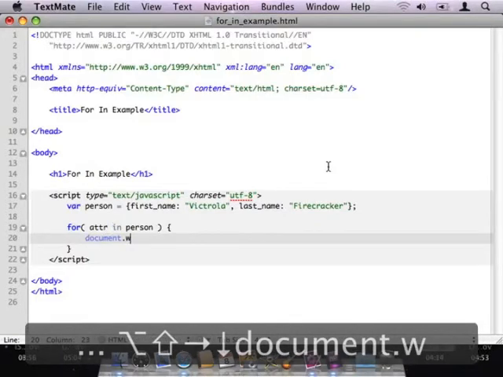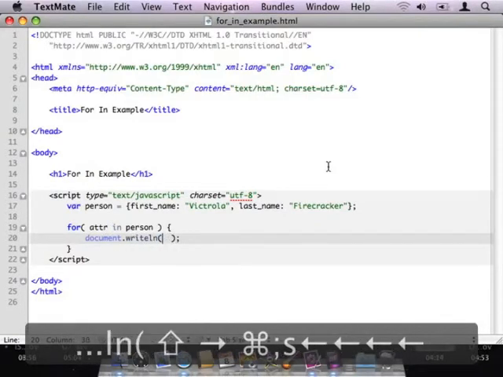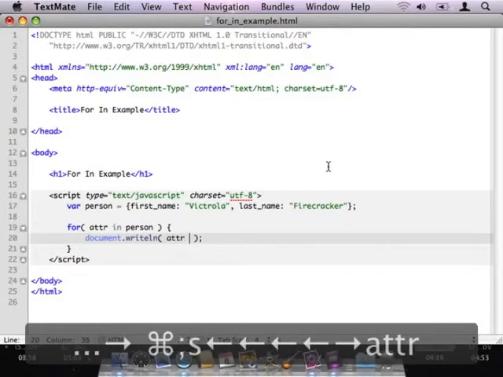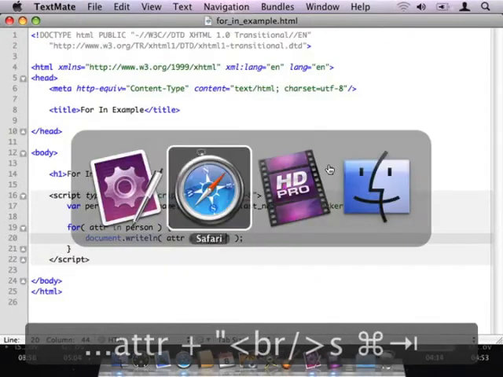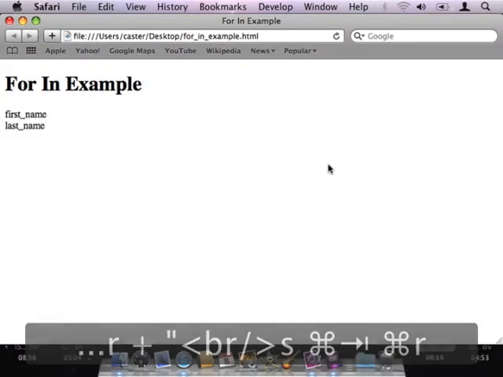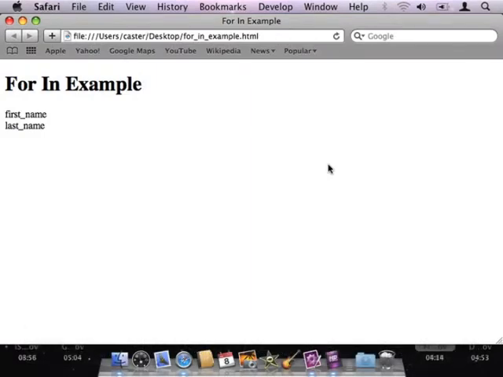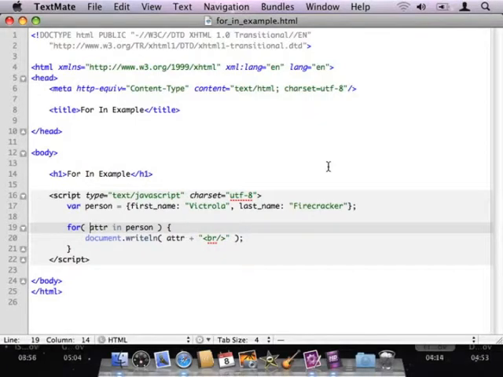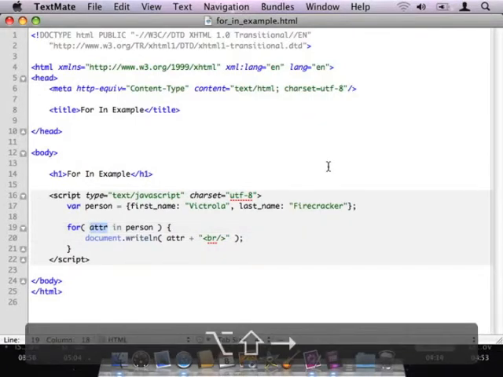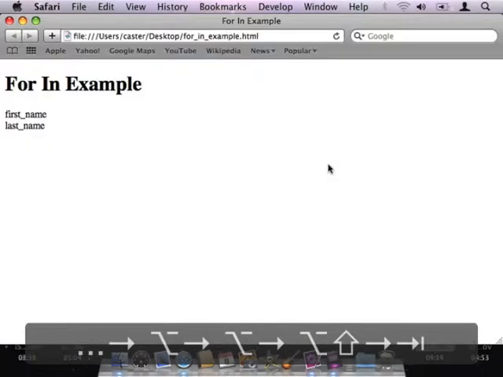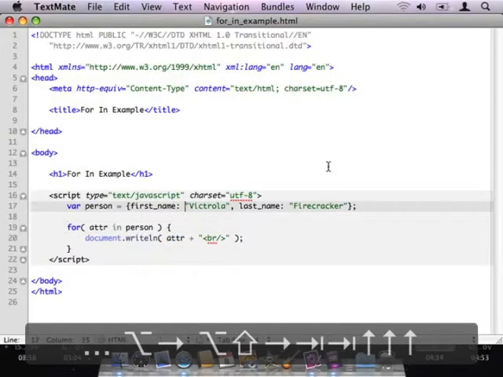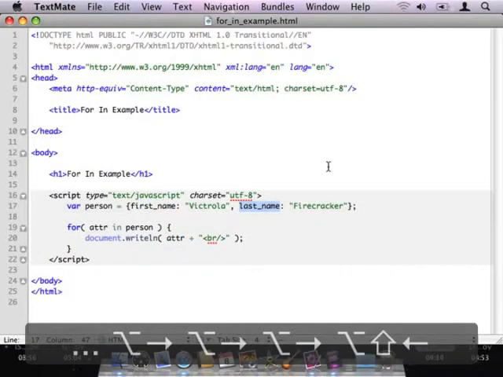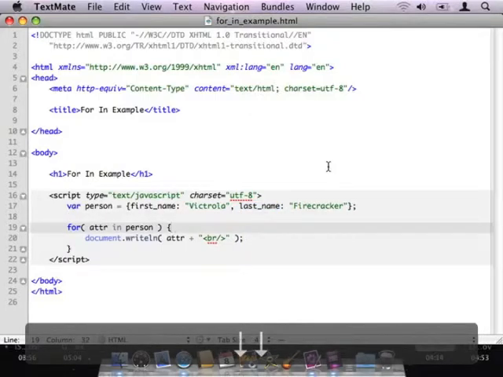Inside the for in loop's body, I'm going to print out the value of our variable attr followed by a break. And if I pull that up in the browser, you can see what it actually does is it goes through the object, kind of picks the object apart. Right? As it loops through the object, it takes each one of the object's attribute names and puts the name of that attribute into the variable that we supplied. So when I ask it to print out the attribute names, it printed out first name and last name, the actual 2 attribute names that exist inside the object that I'm feeding to the for